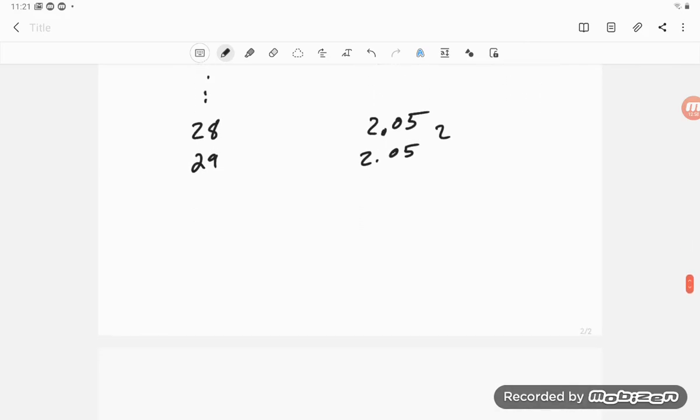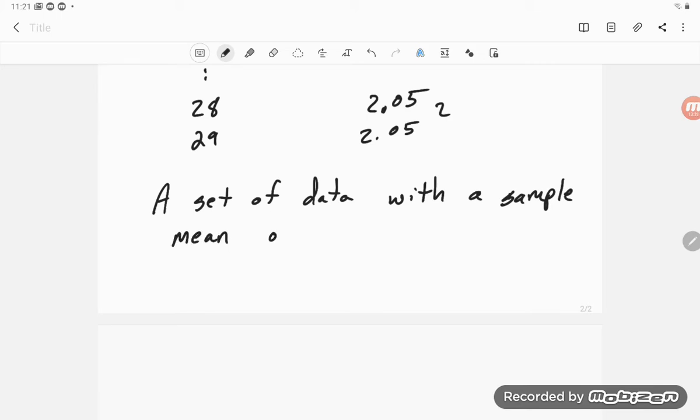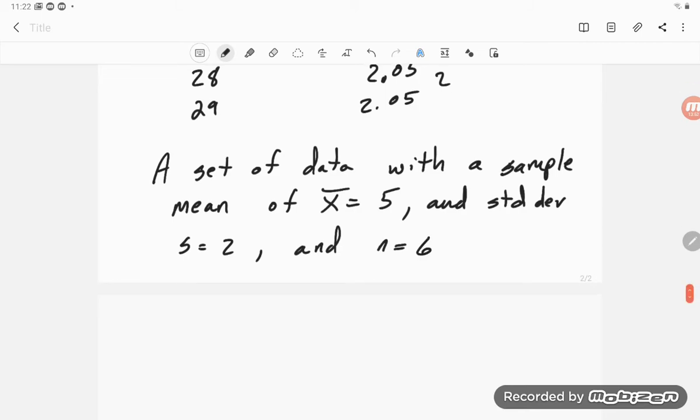Okay, and so if I have a set of data with a sample mean of x bar equal, we'll go with 5, and sample standard deviation, so standard deviation, S equals, say 2, and N equals 6, then our